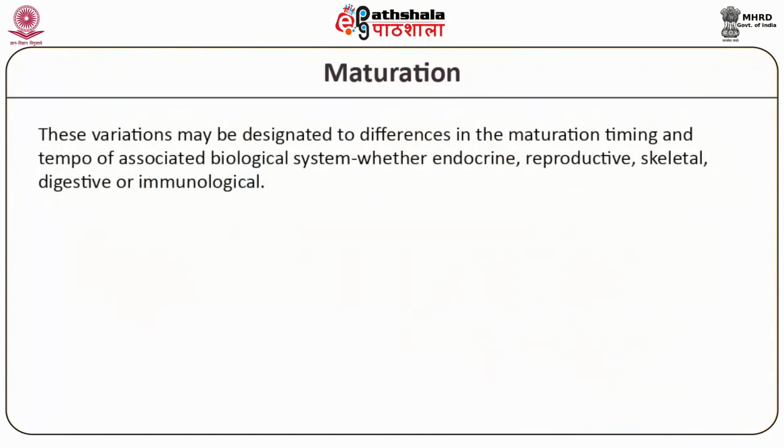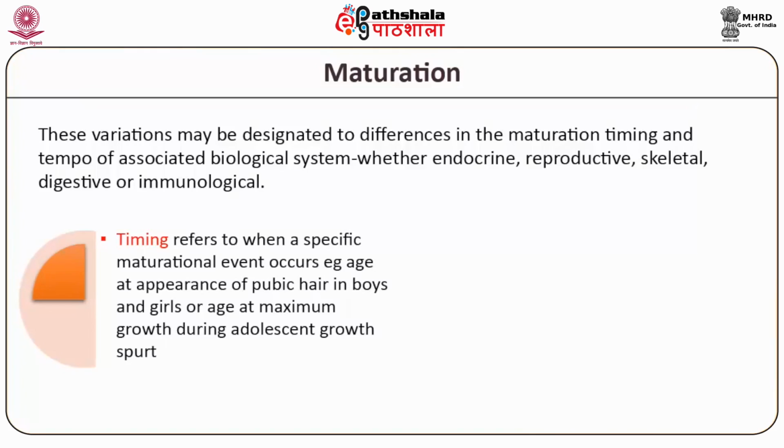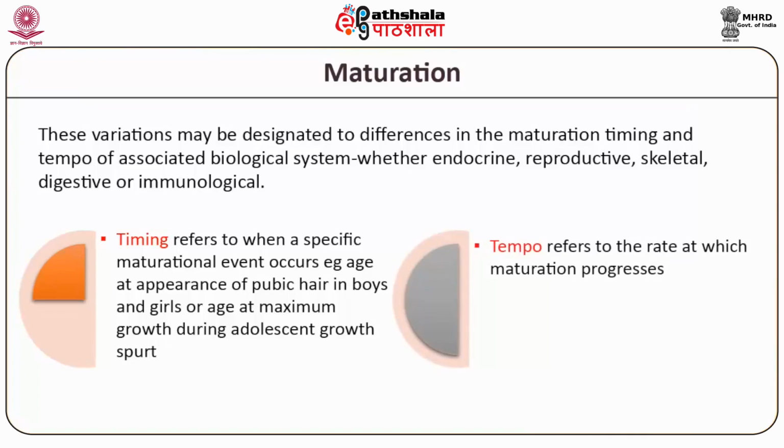These variations may be attributed to differences in the maturation timing and tempo of the associated biological system considered, whether they are endocrine, reproductive, skeletal, digestive, or immunological. Timing refers to when a specific maturational event occurs, for example, age at appearance of pubic hair in boys and girls, or age at maximum growth during the adolescent growth spurt. Tempo refers to the rate at which